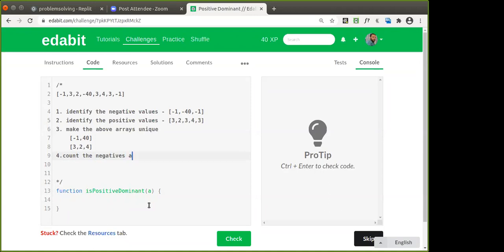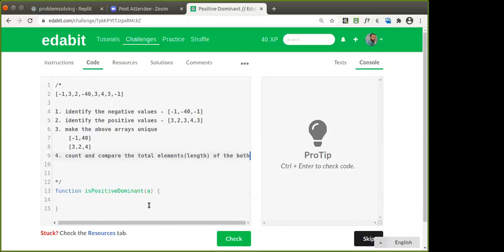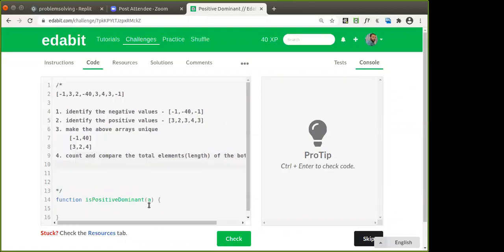So we are going to count and compare the total elements, that is, the lengths of both arrays. Five, five.